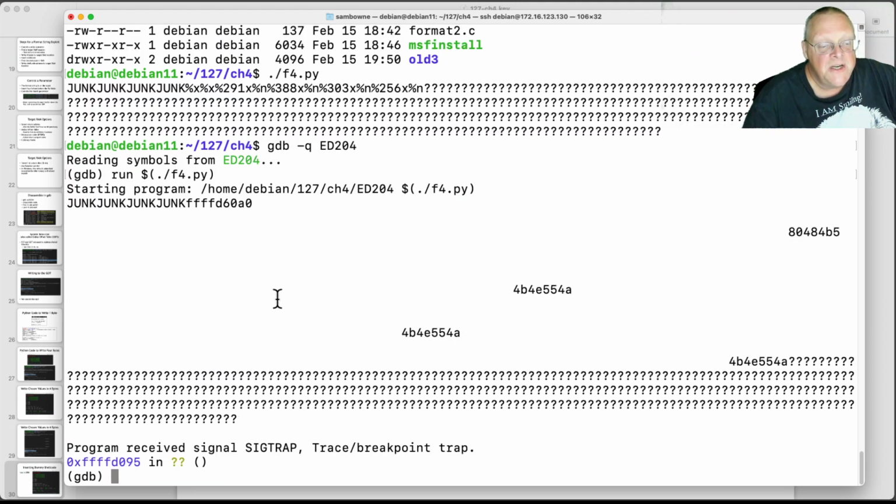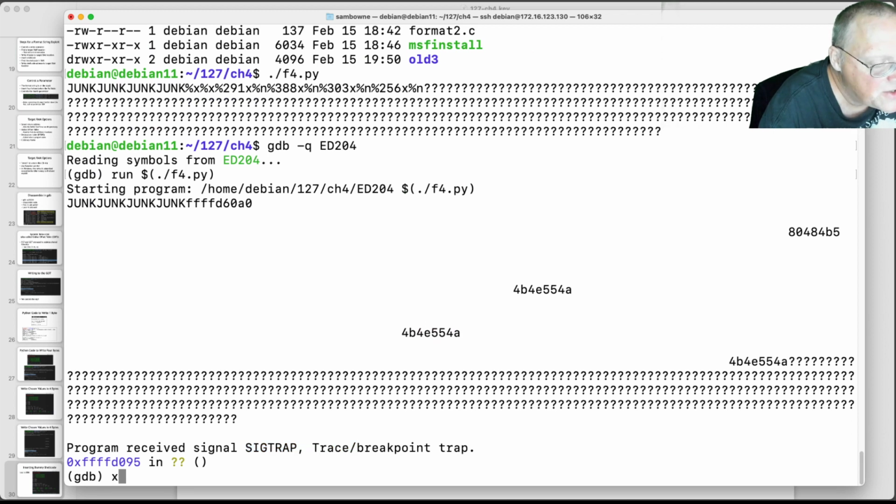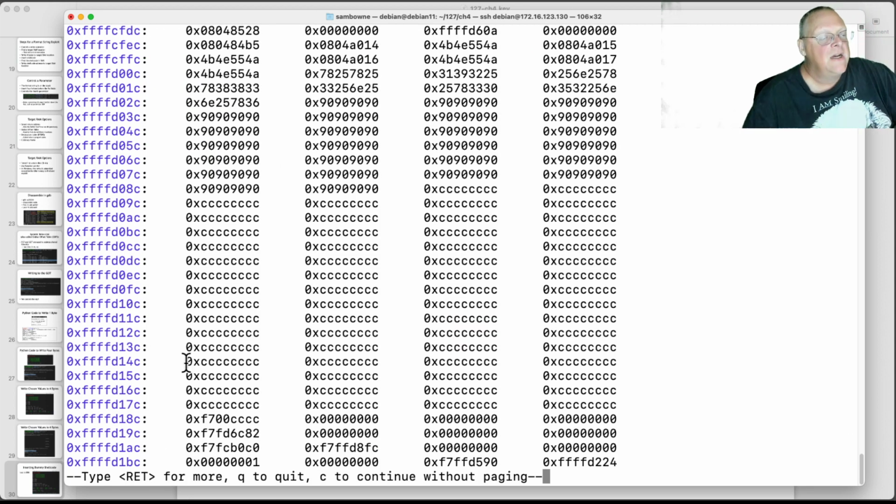And notice it didn't crash, it hit the breakpoint here. So that's pretty cool. And I can probably put a breakpoint in the machine to test it, but I don't know if I really need to. It made it through to the breakpoint at this location. Let's take a look at that and see if I do X, 200X, ESP. I may not be able to do it anymore. Okay. And there's the 90s, and there's the Cs.